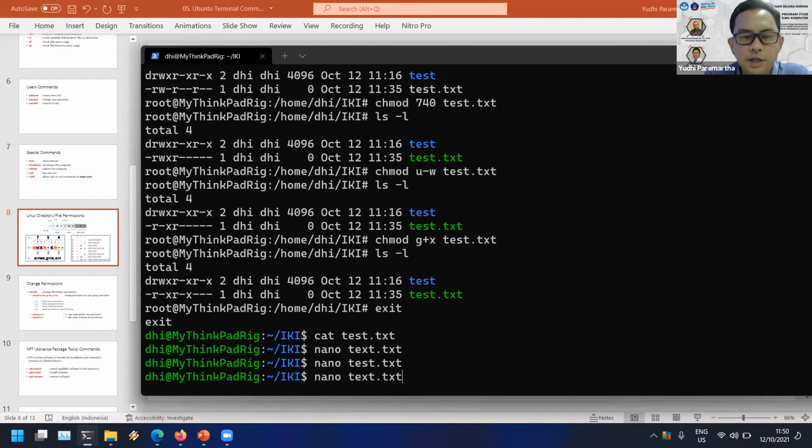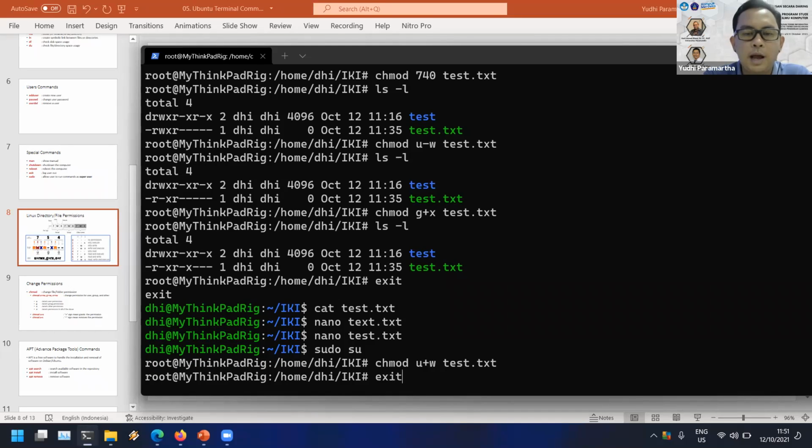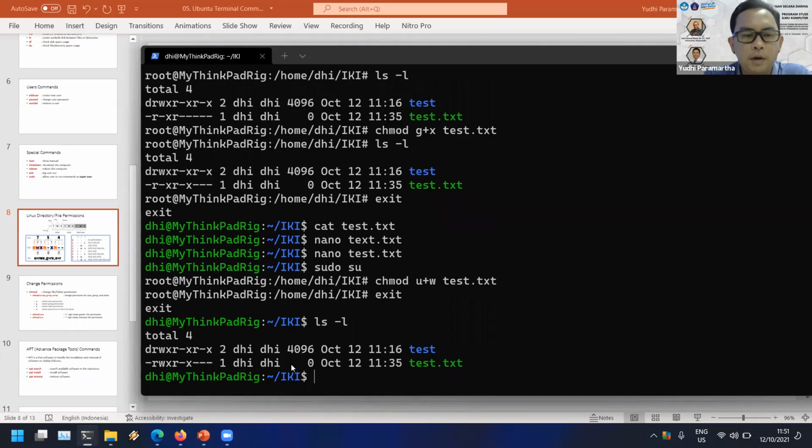But maybe I will change the permission first. I'm giving the user plus write permission for test.txt. Now nano.